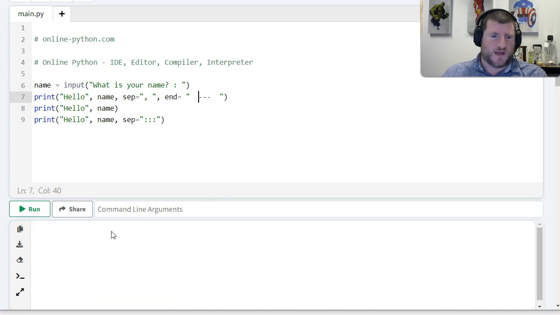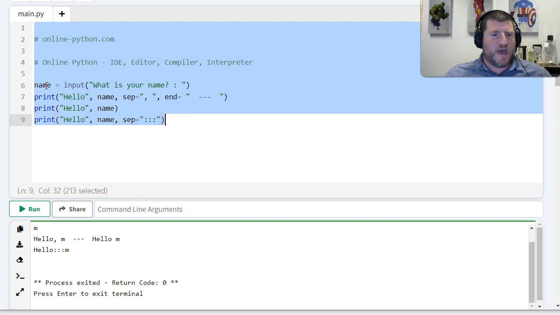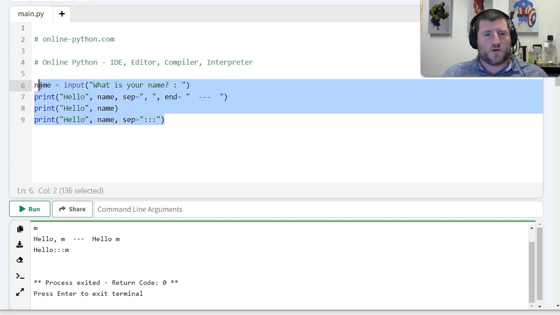Have to keep giving it my name. Oh, I typed it wrong, but I'm M now. So hello M, hello M, hello M. So it works with the value that you input, right? It stores it in the variable name, and then when you print, it refers back to that variable value and uses it in the function. So all I want you to do, just for